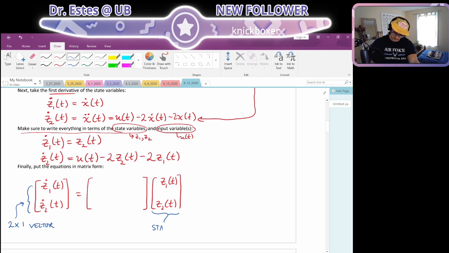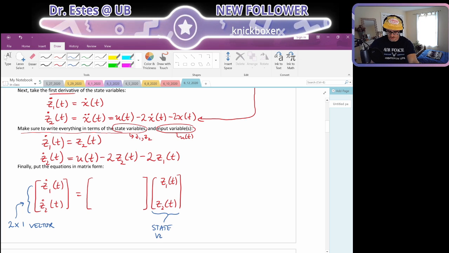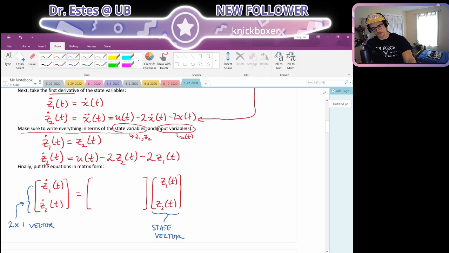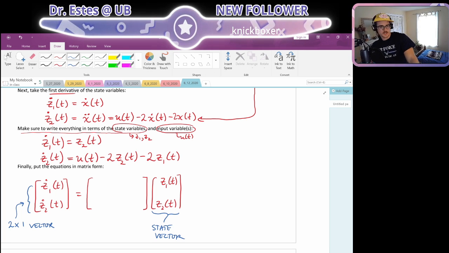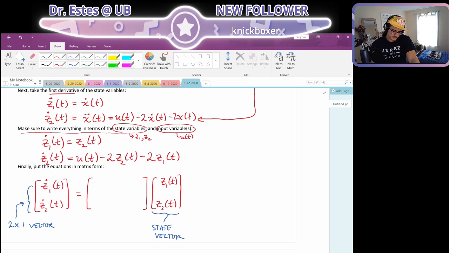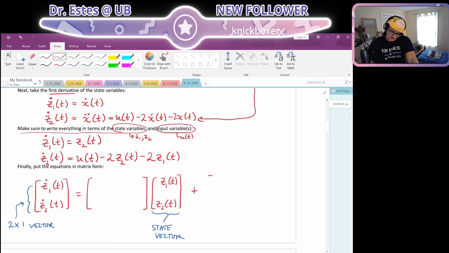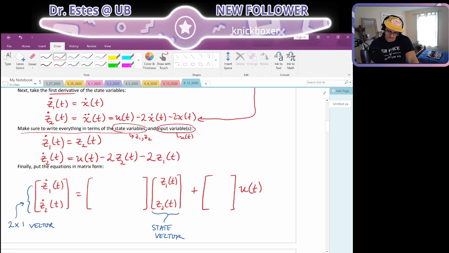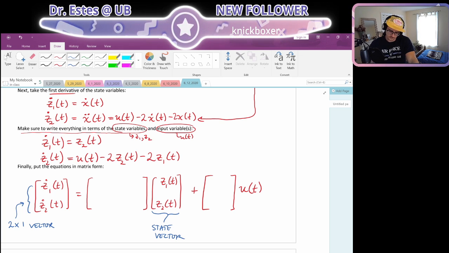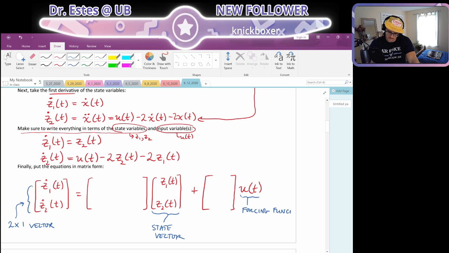So when we have a vector that's just our states on top of each other, Z1 on top of Z2, that's called your state vector, because it's just a vector full of your state definitions. All right. And then we're going to need another matrix, and that's going to be multiplied with our forcing function. And this can have a couple different names. Forcing function,